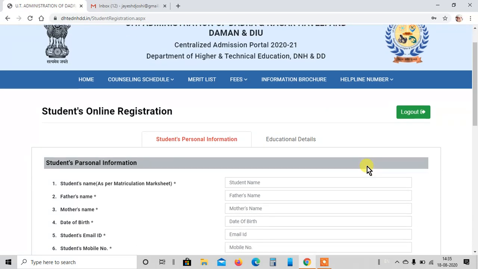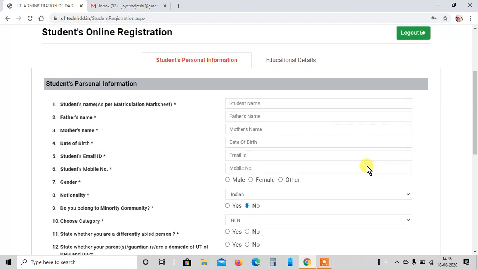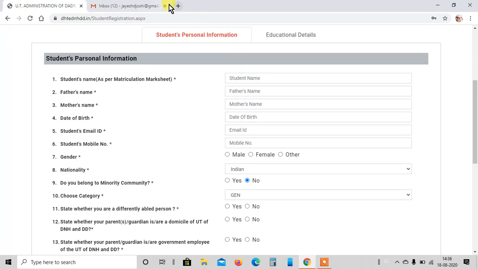Enter the password that you entered at the time of registration and click login. This will take us to the student registration process. This registration process consists of two sections. First is student personal information and the other is educational details.